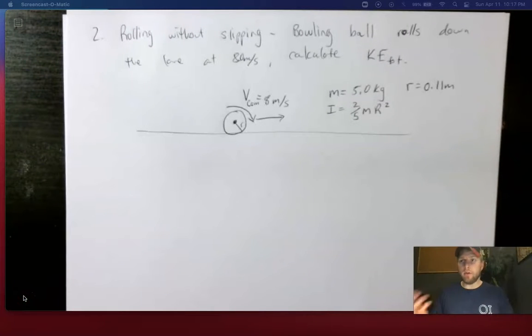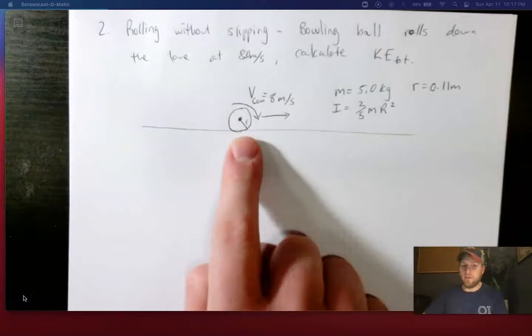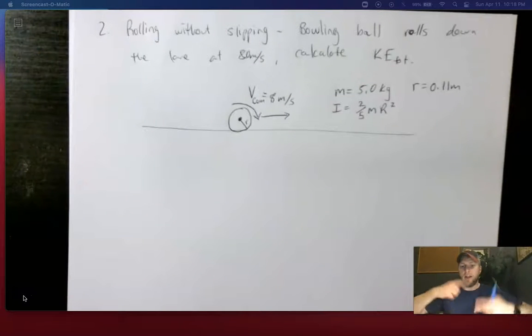Now, you might have gone bowling in the past, and one thing you might know about bowling is that they grease the lanes, or put oil on the lanes, so that people can put spin on the ball. Often when they spin it so that it curves, the ball is actually spinning, but it's not sticking and rolling. What we want is for there to be perfect static friction between the surface of the lane and the surface of the ball,